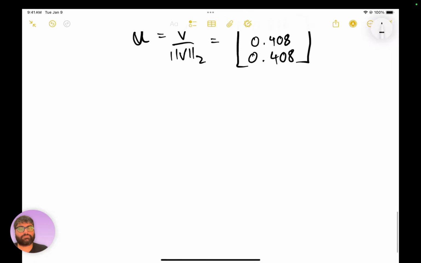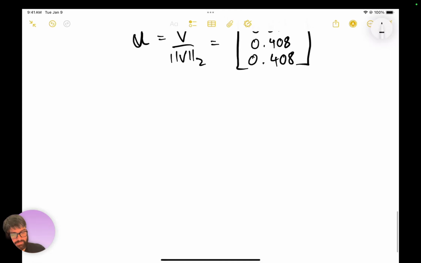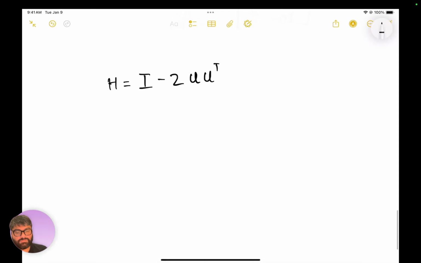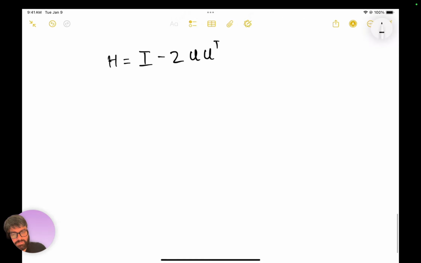Okay. Now the Householder reflector. This is the actual construction of the reflector. It's I minus 2 times U times the transpose of U, which is the outer product, 2 times the outer product. In common examples it's usually V, but I'm just going to use U because that's what I used here. So let's just do the outer product on its own. U transpose equals